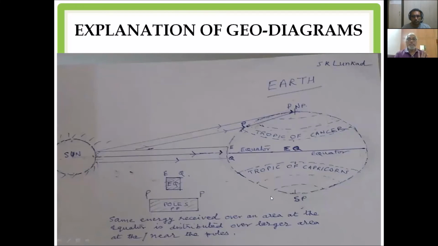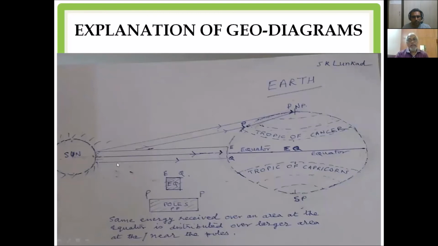So this being optimum, that's why we have about 1.5 million species of plants and animals surviving on the Earth. And so far, we have not been able to explore any other planet in the solar system which is situated at such an optimum distance. So I hope this point is clear to you.